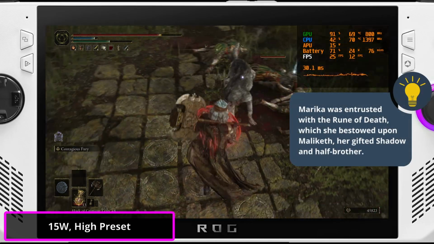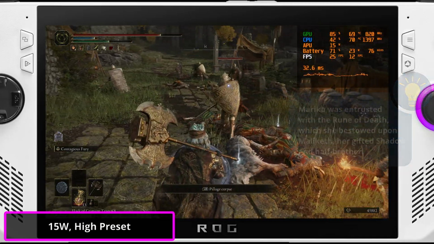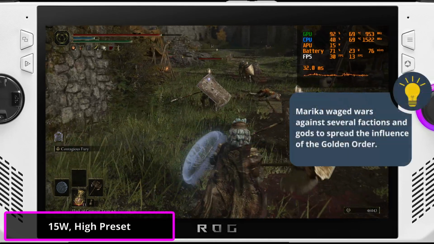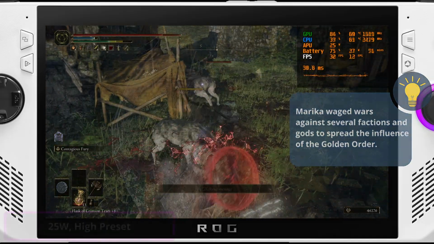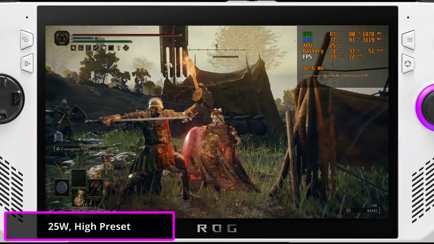We can expect to get around 1 hour and 45 minutes of battery life using these settings. And the temperatures will be on the lower side, since we'll be at around 70 degrees. Even though the FPS are on the lower side, we can see that the frame time is pretty consistent, and the game won't stutter. So now I'm moving on to using the Ally's turbo mode, which gives the APU 25